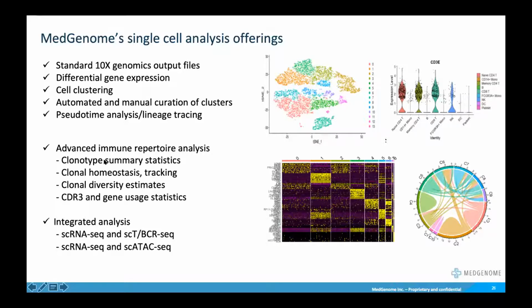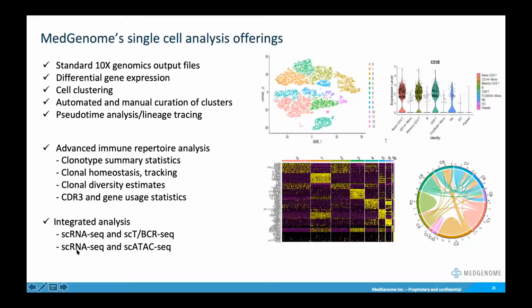In terms of immune repertoire analysis, we provide a number of different metrics and visualizations that are currently not really part of any sort of standard software package that's out there. We provide summary statistics on the clonotypes, the current clonal homeostasis. We provide an ability to track clonotypes in longitudinal time series experiments. We look at different clonal diversity estimate matrices, and we also look into the CDR3 and VJ gene usage statistics